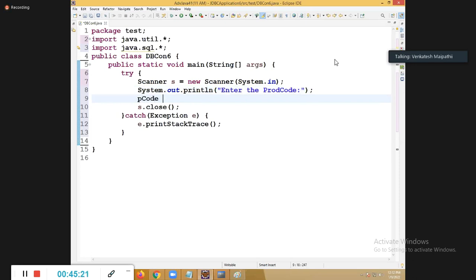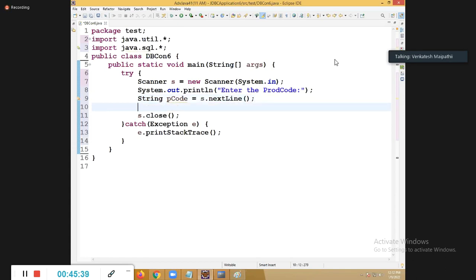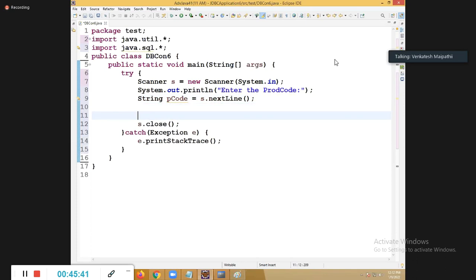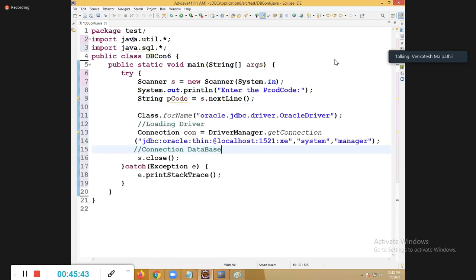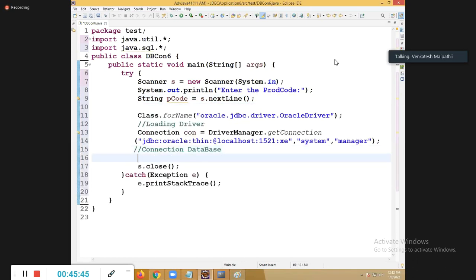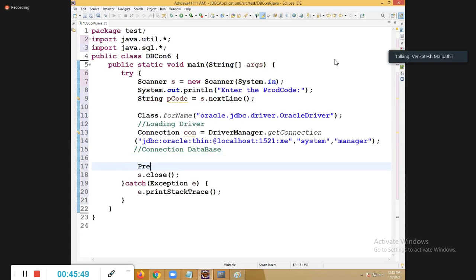Now String pcode is equal to s.nextLine(). Now I want to check whether this product code is available or not. Load the driver, create the connection. Right? After that,